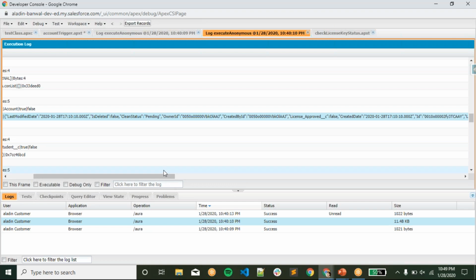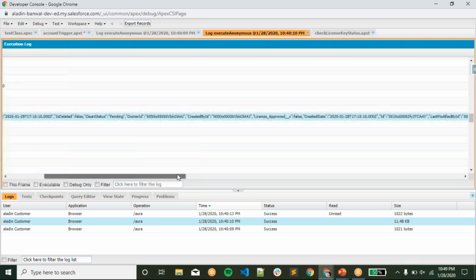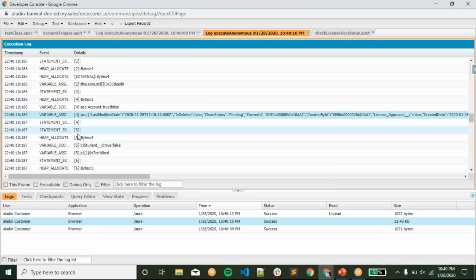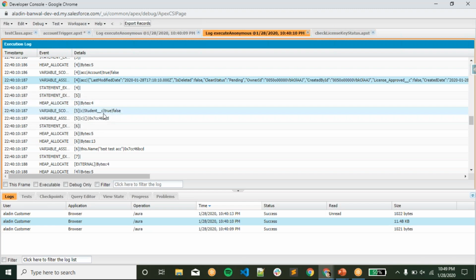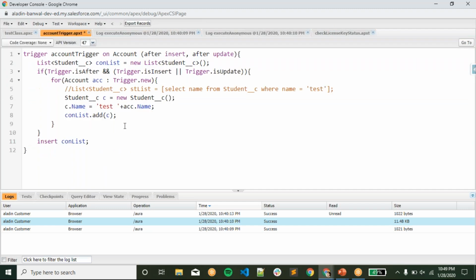All the fields will be retrieved and come in this list trigger.new. So in the debug log you can see every time, and in this fifth line you can see the student C, which is stored as a C. I have created a student here. Let me open it.